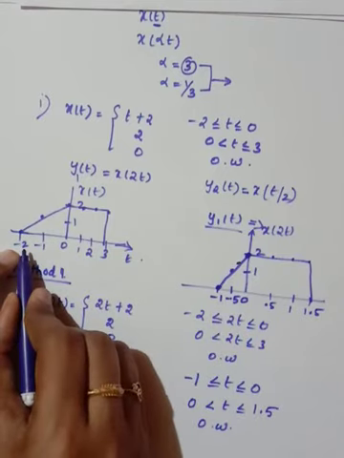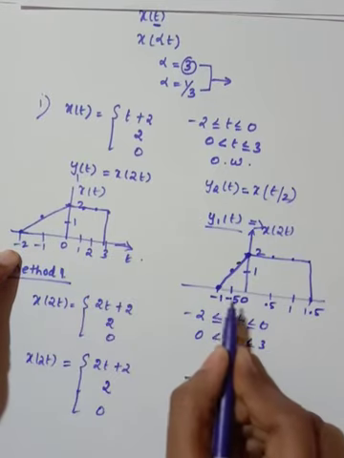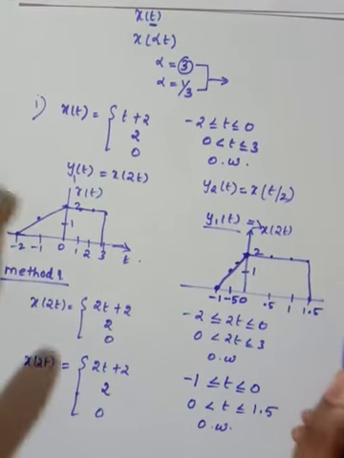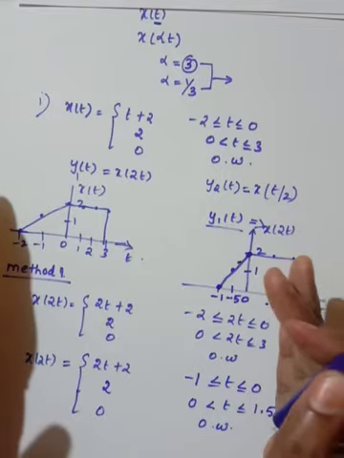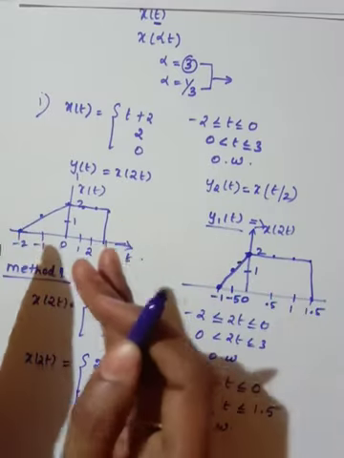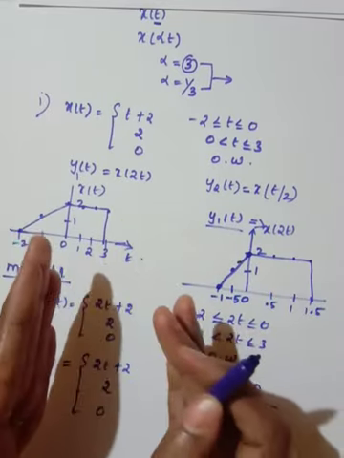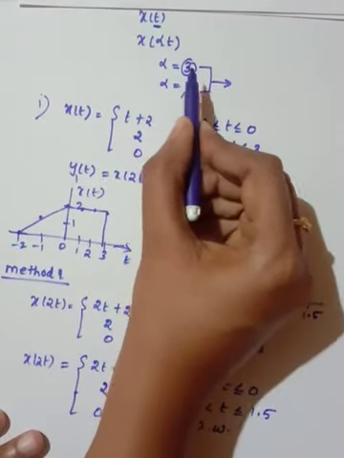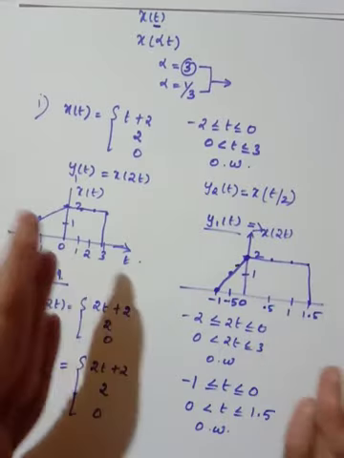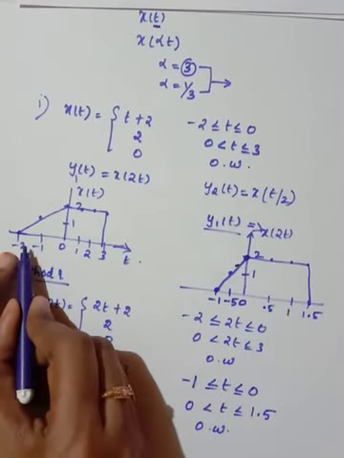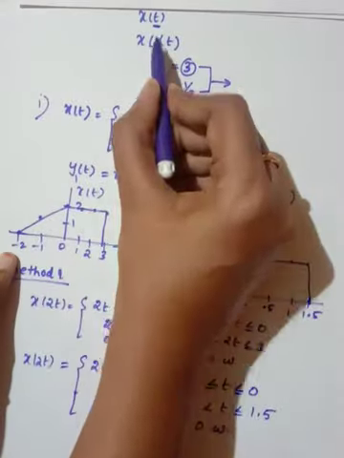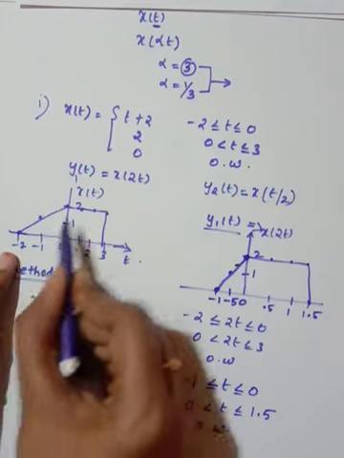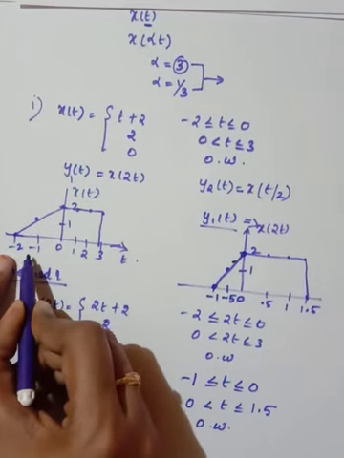Now see the signal, from -1 to 3. Now the signal is in the range -1 to 1.5. What happens is, actually the signal was in the wider range. So when you perform scaling, the signal is compressed to a shorter range. When you multiply by a whole number, the signal will be compressed. How it compresses depends on which scaling value you are using. Here you are using 2, so in the original signal, just divide this axis by 2.